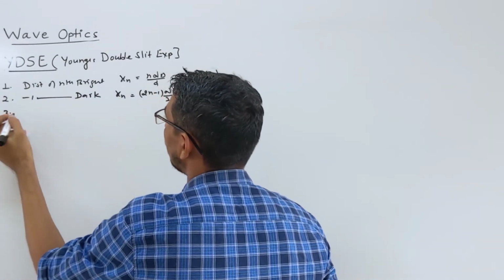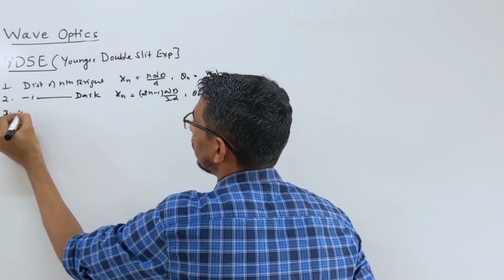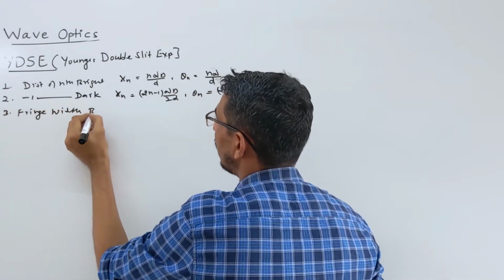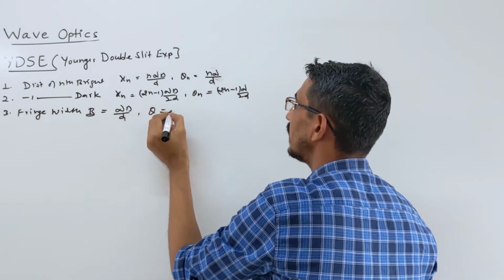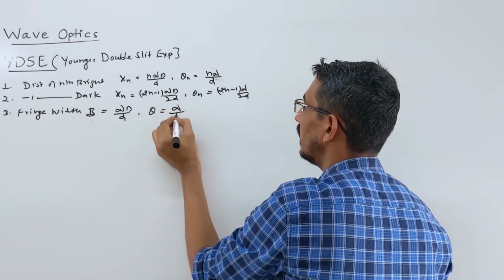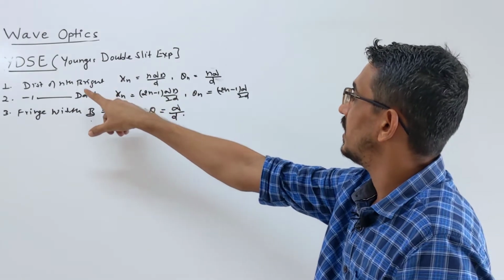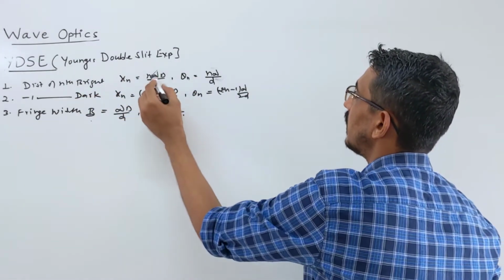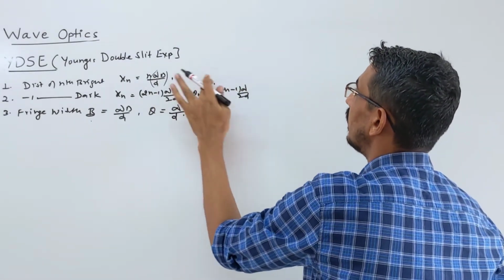Yes, then we calculated the fringe width. Fringe width beta is lambda D by d. Then we wrote the angular fringe width: you sent D down here, so it is lambda by d. That's your angular fringe width. Now look here at this answer. The distance of the nth bright fringe is a formula you can write in terms of fringe width. So this much part is simply your fringe width.